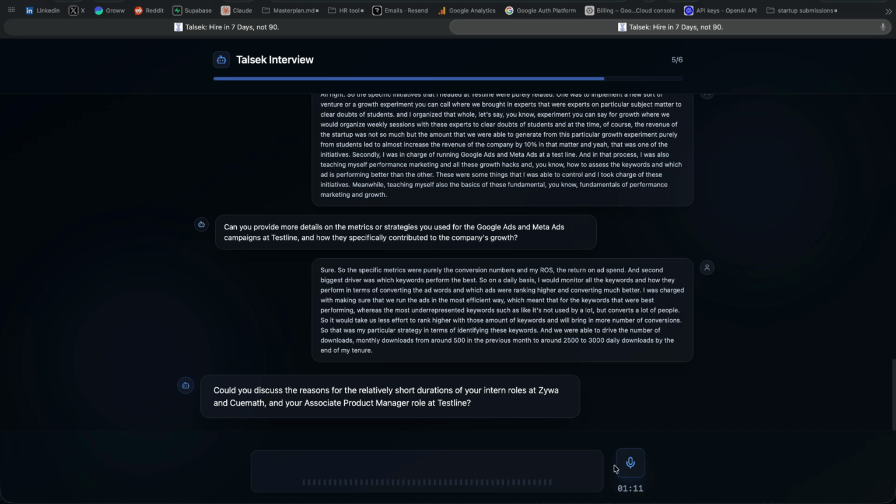Okay. Regarding my roles as interns at Ziva and QMath, they both are internship roles, and internship roles tend to last around 6 months normally, at least in Western countries, whereas in India they are only about 2 to 3 months at a stretch. My QMath internship lasted from around May of 2022 to August of 2022, whereas my Ziva internship was from December to January, and that's about it.